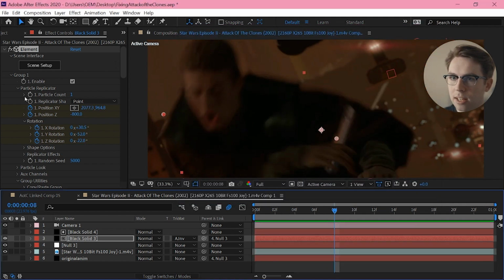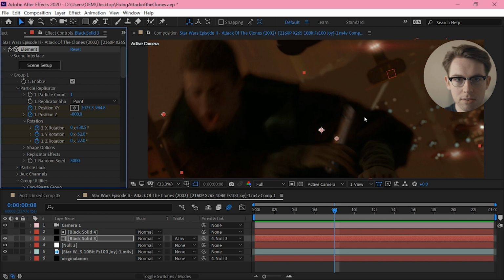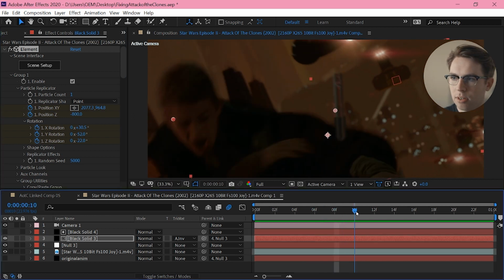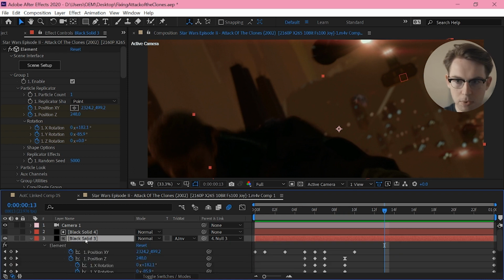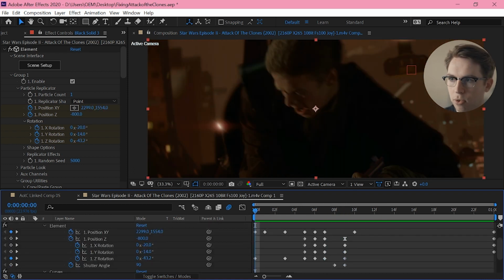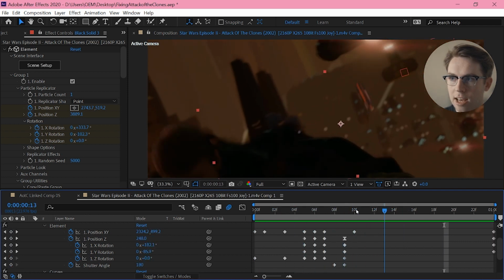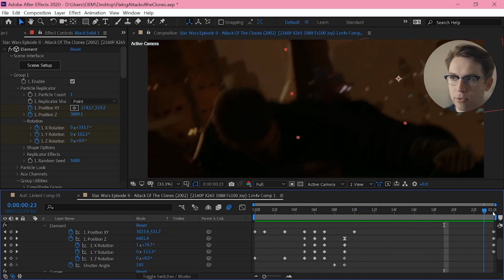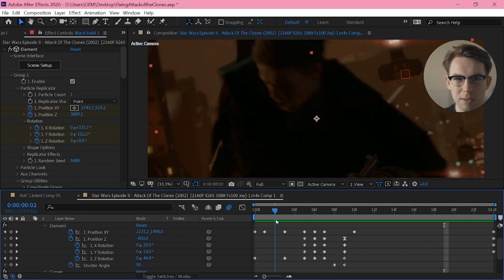And then I'm just animating the position of this single element manually, moving it up, moving the rotation back, moving it back in Z space, and it's just on this 2D layer that's being tracked to the camera move. So it looks like it's all 3D, but it's actually very much 2.5D.